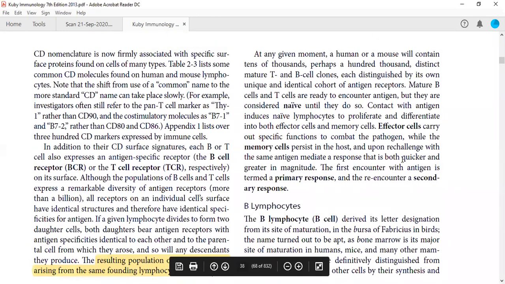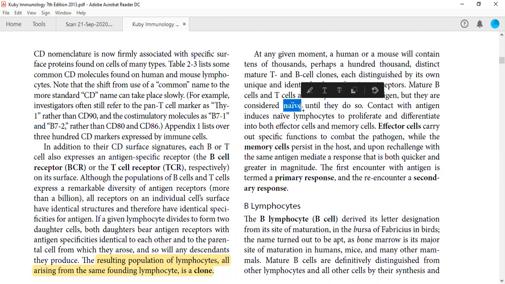Second thing is there are three different types of cells. One is called naive cells. Naive is any cell or lymphocyte which has not encountered any antigen. So mature B cells and T cells are ready to encounter the antigen, but they have not encountered it yet. So they are considered naive cells. All right. अभी तक अगर कोई एंटीजेनिक चैलेंज इन्होंने फेस नहीं करा है तो मैच्योर बी और टी सेल्स को बोलते हैं नेव सेल्स